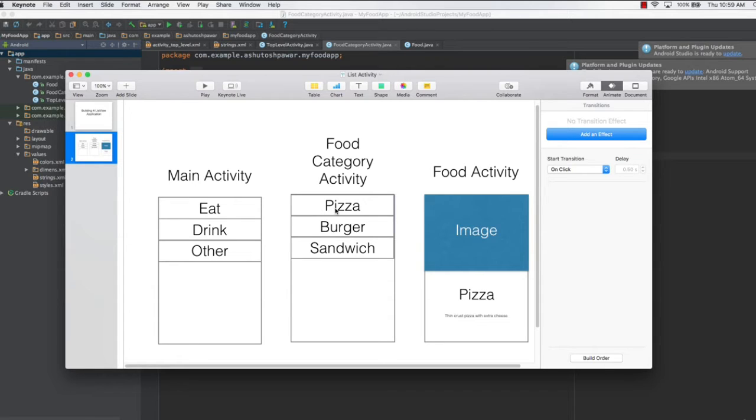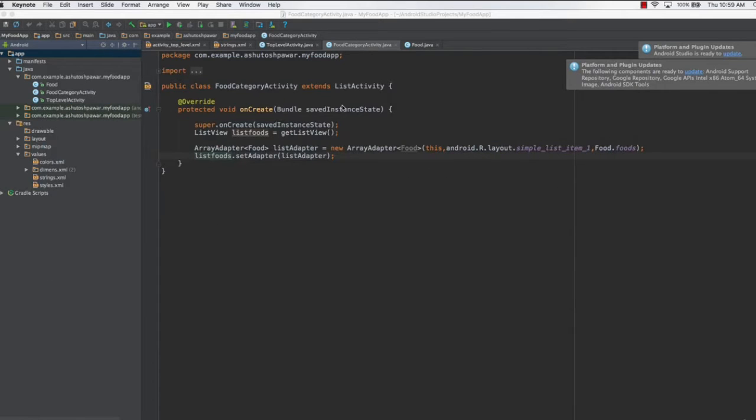this activity should be redirected to the food activity, which in turn is going to have the name of the product and the image. So in this lecture, we will start with adding the listener to this particular activity. In order to do that, we go to the food category activity.java class, and as you can see here,